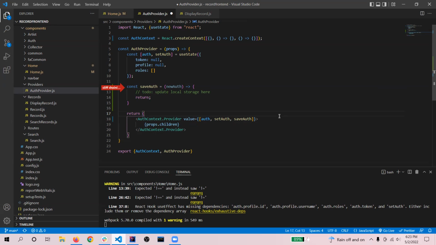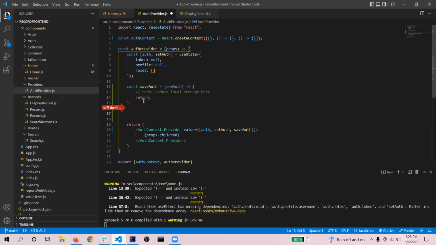The last thing we can do here is add the use effect of loading local storage; that goes here as well. So one line down on 16, do another comment, to do: move local storage check here. And so this will be a use effect